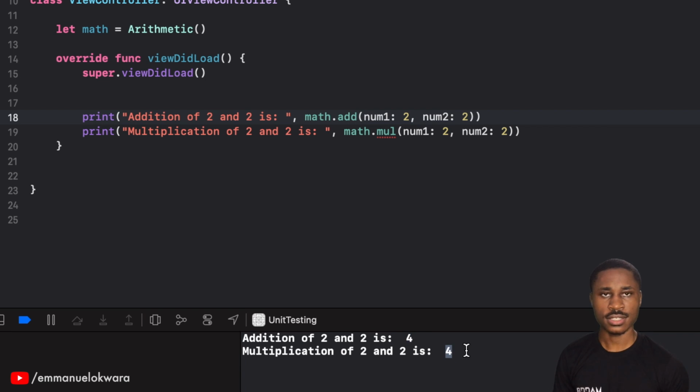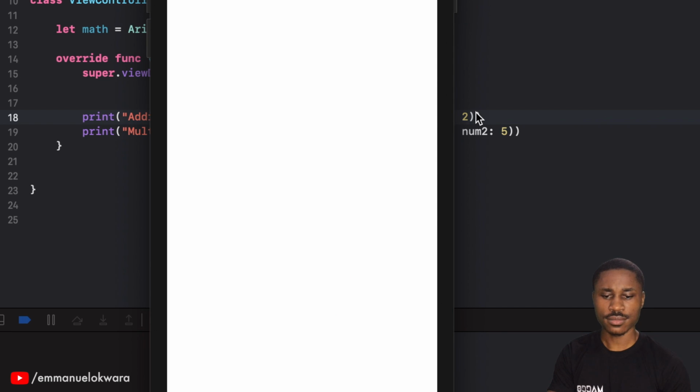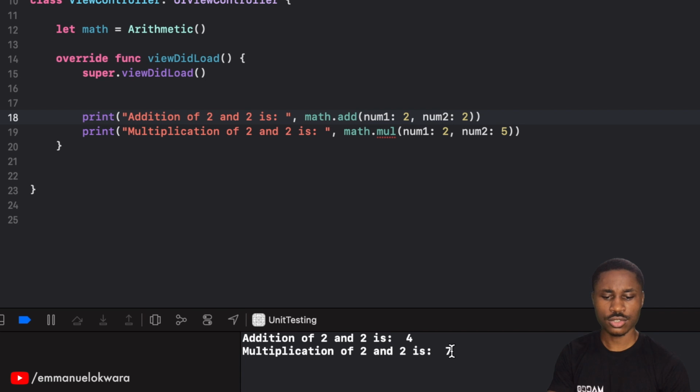Now in their mind, they say, okay, yeah, I refactored and everything still works smoothly. But that's not the case, right? This worked for this particular example. This worked for this particular value. But if you were to change this to maybe like 5 and run it again, then you're going to see that the function is actually broken, because 2 times 5, here this should be 5, so 2 times 5 is not 7, right? So this is one of the most common things that testing or writing tests could help you